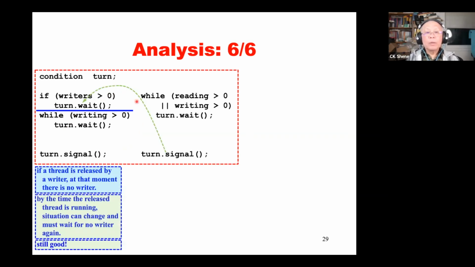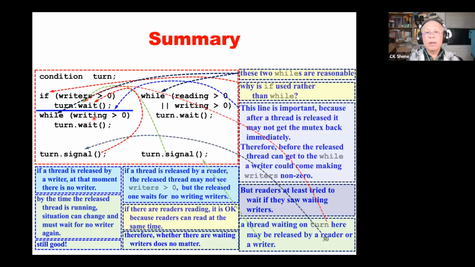And then what if this released thread is released by a writer? By the time the released thread is running, the situation can change. It must wait again. When a writer signals this one, at that moment, there's no writer writing. Of course, there's no reader reading. But by the time the released thread gets to while, the situation could change dramatically. So this thread must wait until there's no writer writing. So it's still good, isn't it? Then we put everything together, a bit messy, but you simply read the explanation in a clockwise way, you know